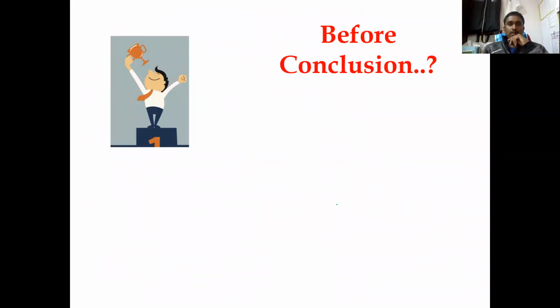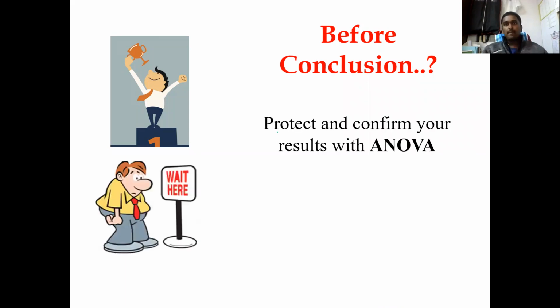So before going to the final conclusion of DOE, there are a few things to be done. You have to confirm whatever we got. Let us say you are saying the significant factors are B, C and BC. Somebody asks a question: is only the half normality plot enough to come to a conclusion that yes, these are significant factors, or is there any other test?